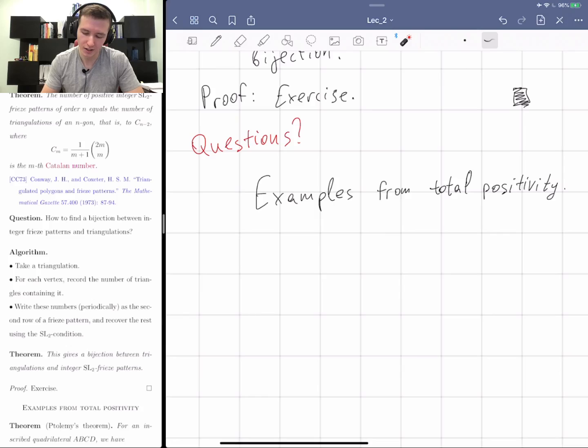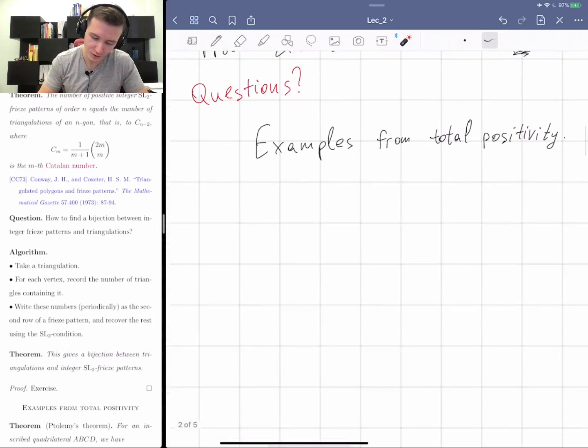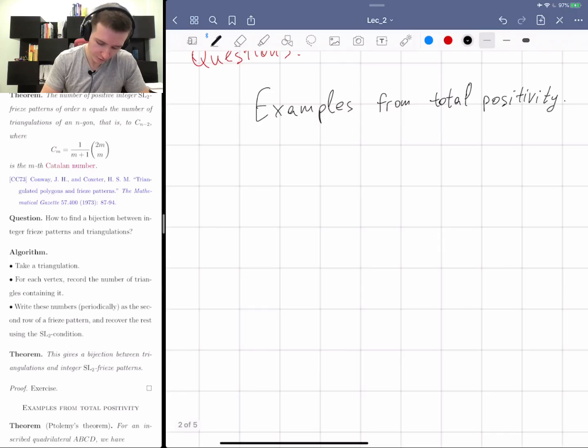In this class I'm not going to discuss total positivity too much, but it is always closely related to cluster algebras. They kind of go hand in hand, but I'm going to focus on cluster algebras. Anyways, let me remind you of something from high school. This is called the Ptolemy theorem,